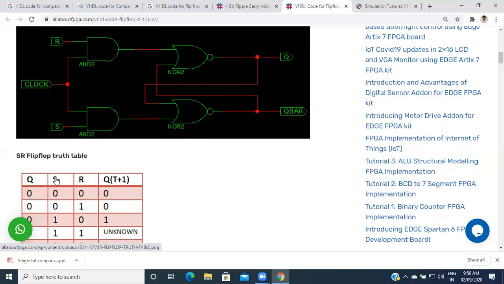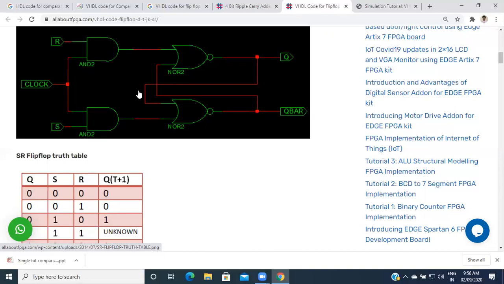But if S is 0 and R is 1, then the output of the R path is 1. Based on this other value, if that value is 1, then 1, 1, the output is 1.